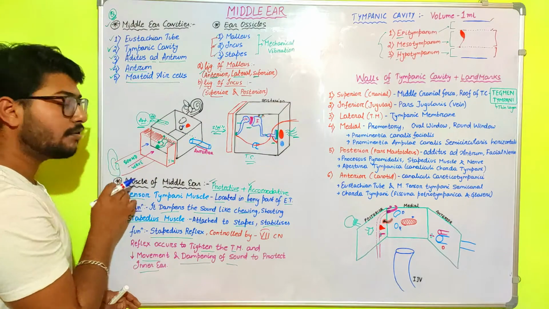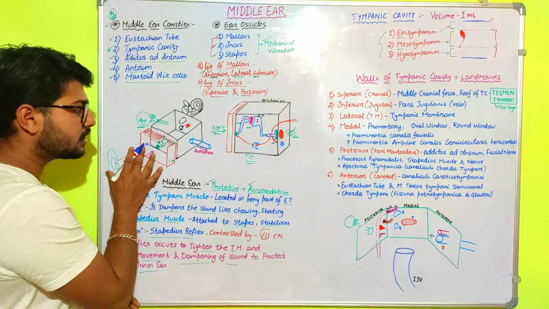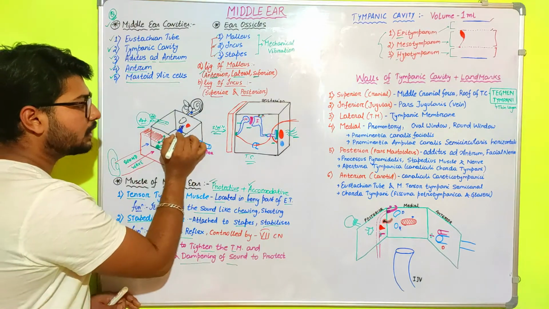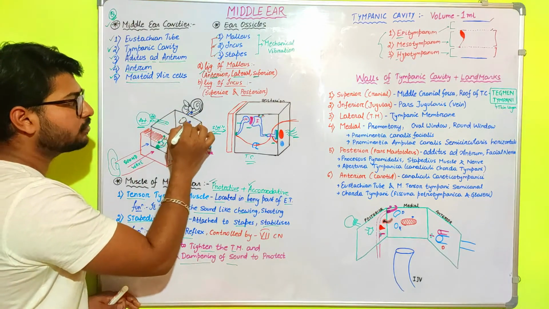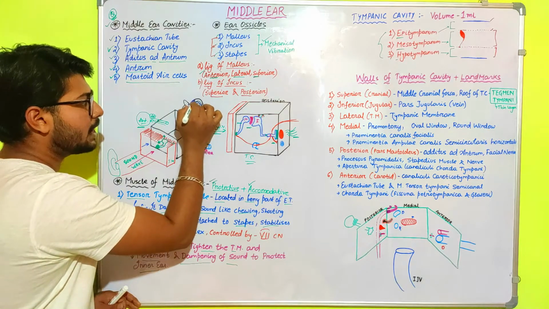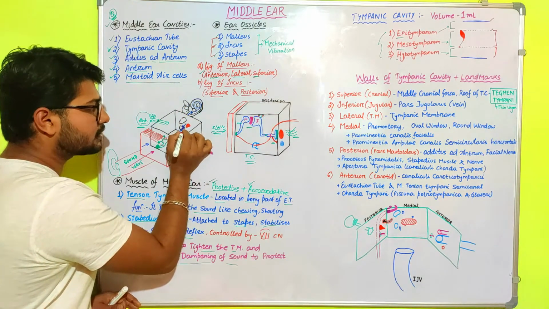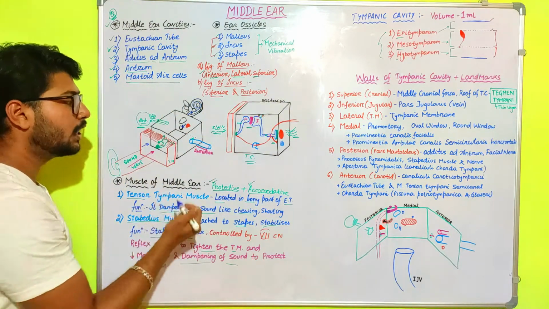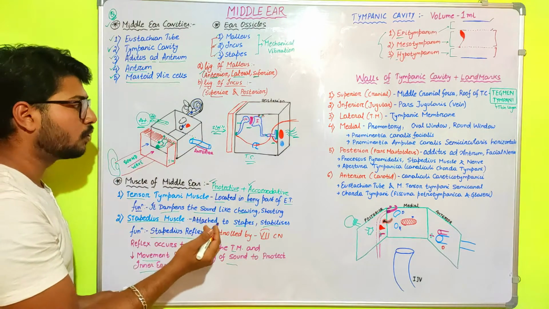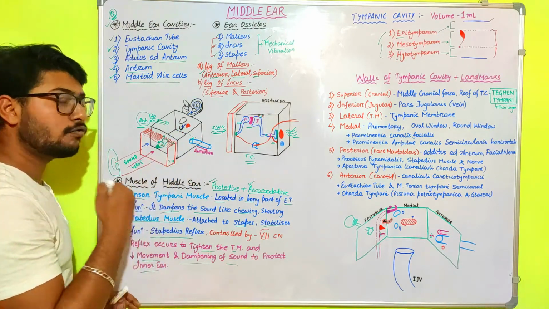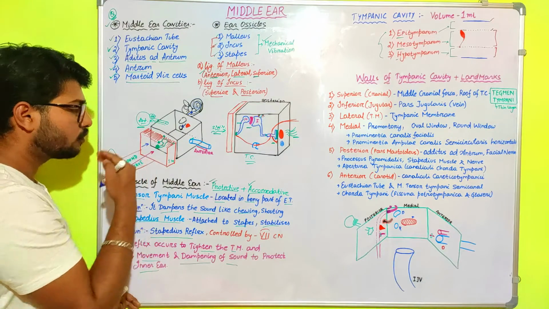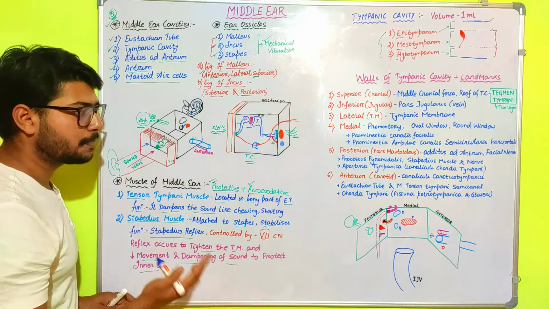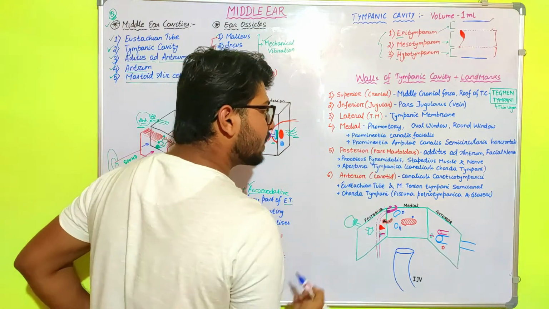Why? Because the sound wave travels from the external ear towards the middle ear, and then towards the inner ear. But due to the movement of the fluid, it goes like this and it comes back again in this direction, and the outlet of the returning fluid is towards the round window. That is the reason why the round window vibrates in opposite phase in relation to the primary tympanic membrane.